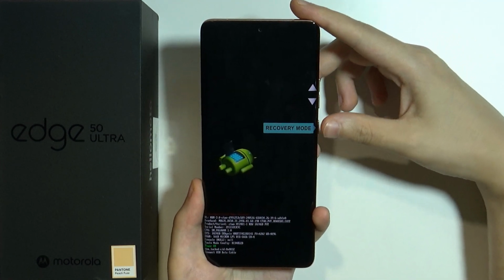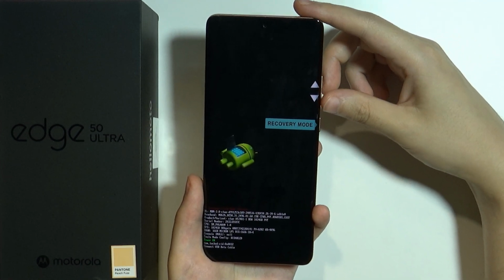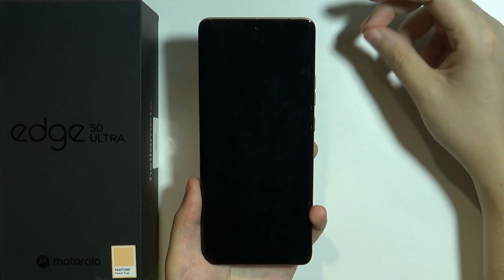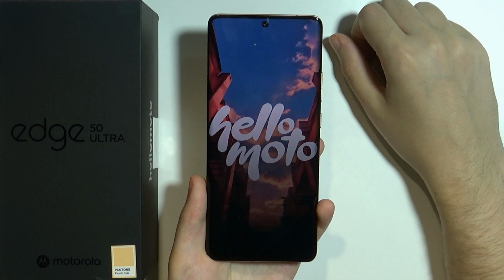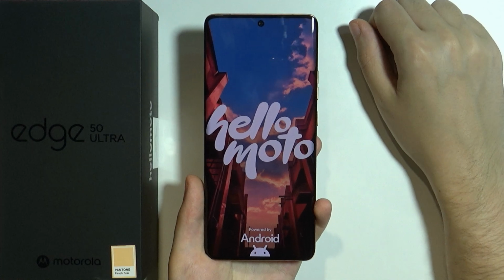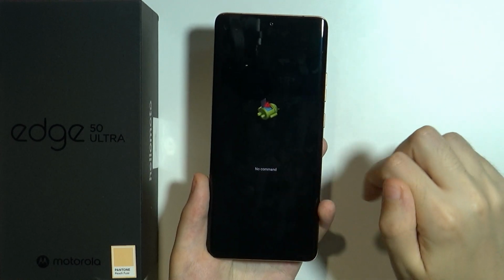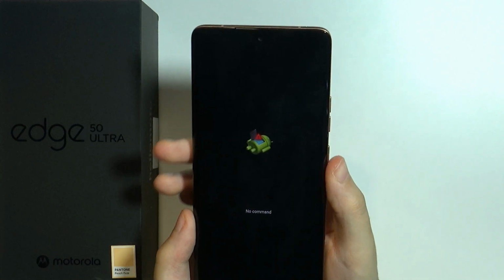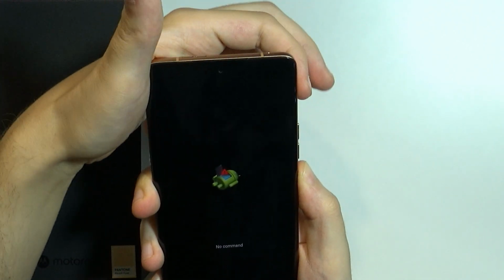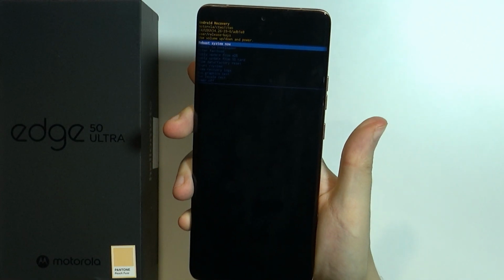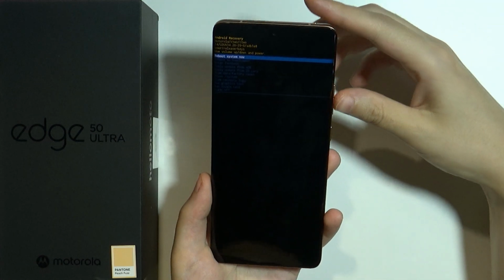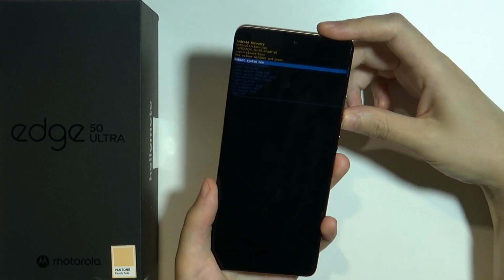And over here we can also find the recovery mode, so you can scroll up until you find recovery mode and then press the power button in order to go to recovery mode. But if you choose recovery mode, then of course at first you will see the hello moto, but in a short while you will see something like this, no commands. So now you want to press and hold the power button and then press volume up, and then you can release the power button. And there we go, now we have the recovery mode where we have several hidden options,